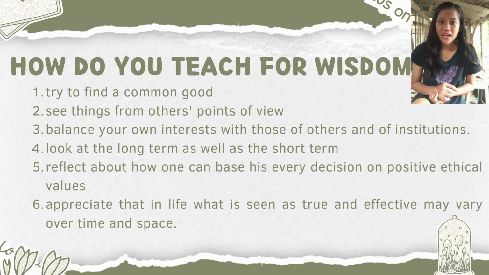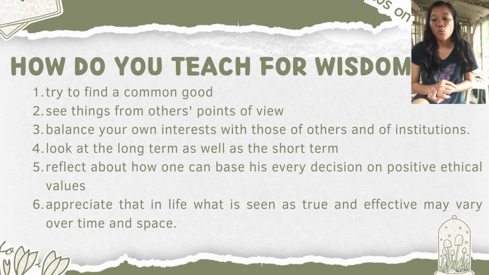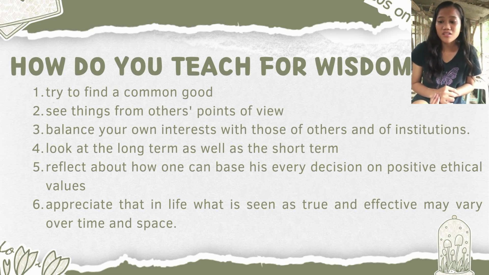respect for others. And last one, appreciate that in life what is seen as true and effective may vary over time and space. The relativity of truth and effectiveness as these concepts are deeply tied to cultural, historical, and situational contexts. What one society or era considers true or effective might differ drastically from another, reflecting shifts in knowledge, values,